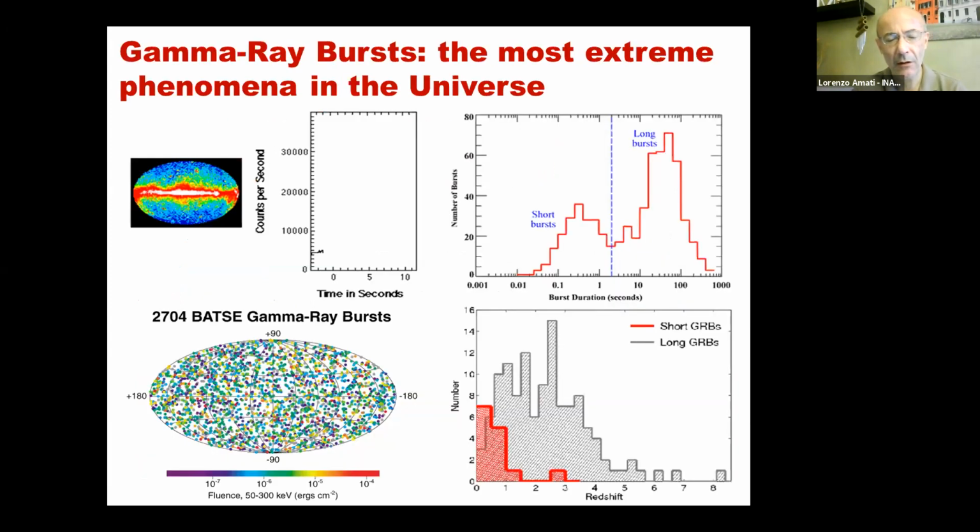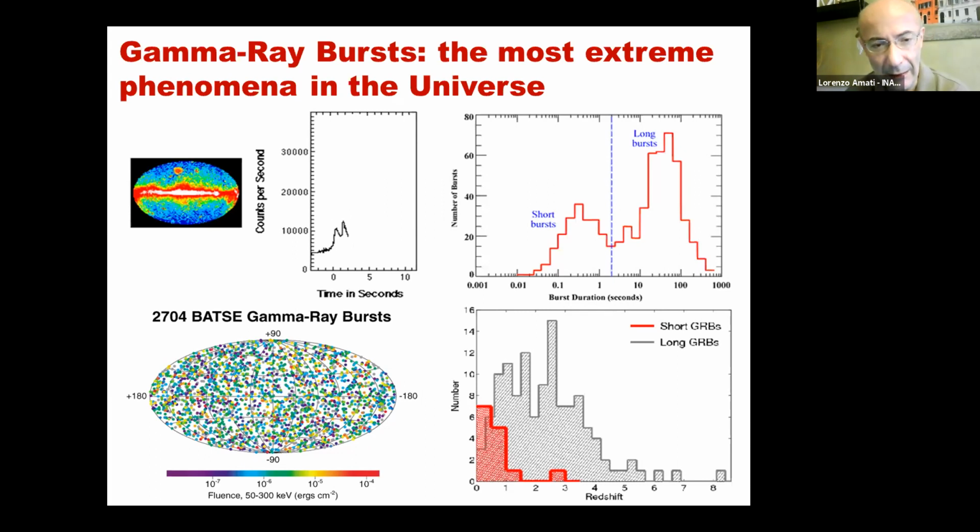So for those of you who are not so expert on gamma ray bursts, most of you are aware, but just a very quick recap. Gamma ray bursts are huge flashes of X-ray and soft gamma ray radiation coming randomly from the sky, from random directions at random times with random light curves, so count rate as a function of time. At these energies we are counting photons, so these detectors basically are counters. So you count, there is a background like a seismograph, and then you have these bursts, as you can see on the top left.